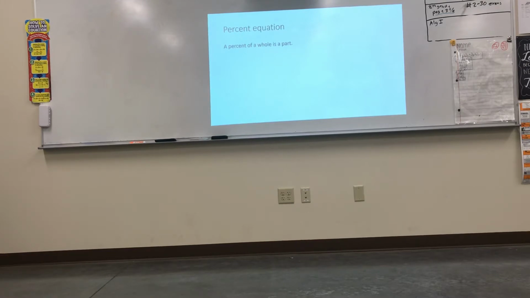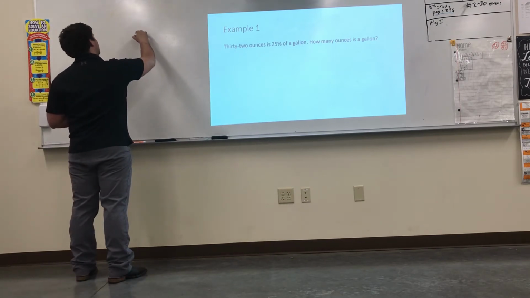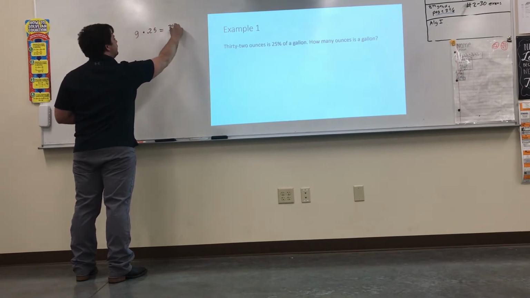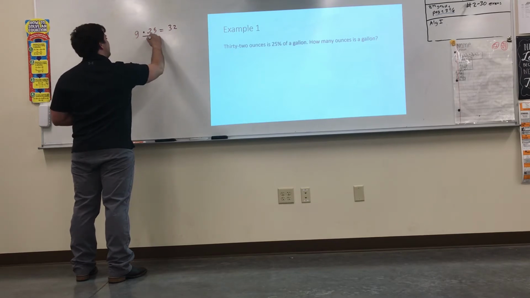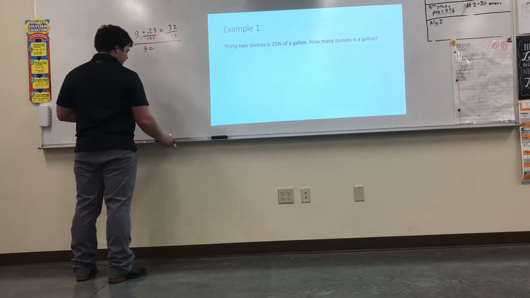Percent equation: a percent of a whole is a part. So 32 ounces is 25% of a gallon. How many ounces are in a gallon? Well, if I had to set this up, we could say a gallon times 25%, or 0.25, equals 32. Then if you divide by 0.25, you will get G equals